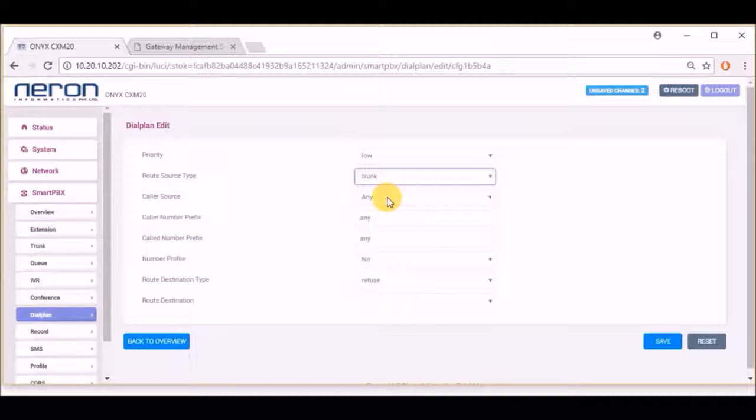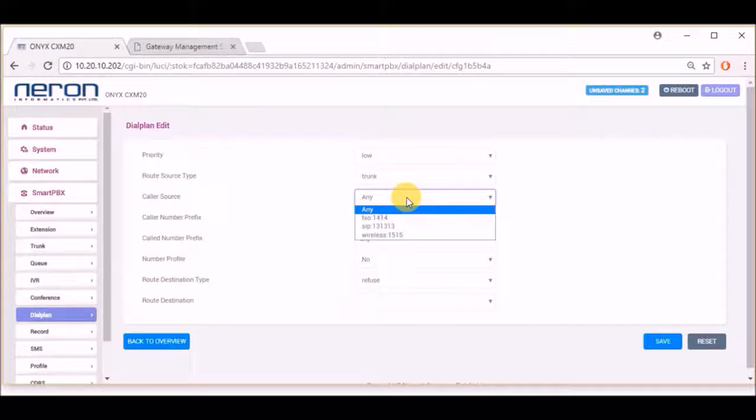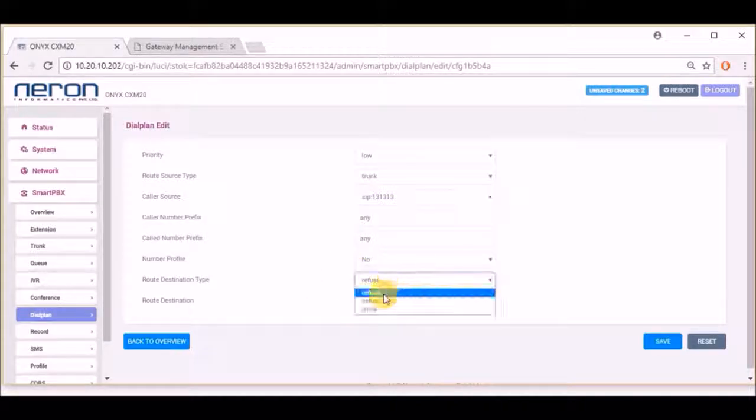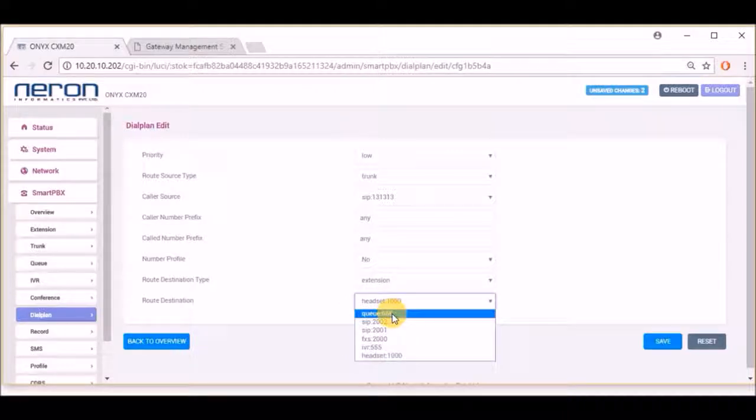In this case, if I want to use my GSM gateway, I have to choose from here caller source. Caller source will be SIP 131313, and caller number prefix be any, called number any, number profile no, and route destination will be your queue number.